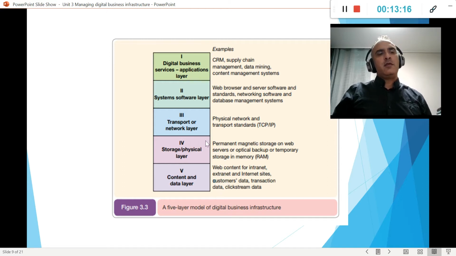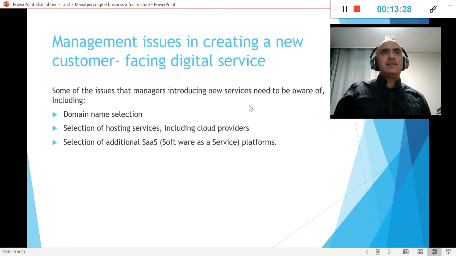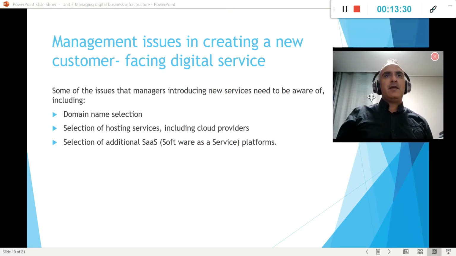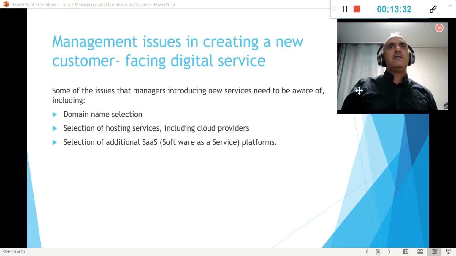What do I need? How am I going to achieve it? What resources I need in terms of data structure, and how am I going to manage them, right? So very good. So now we have, when we are creating a new customer-facing digital service, we have to think